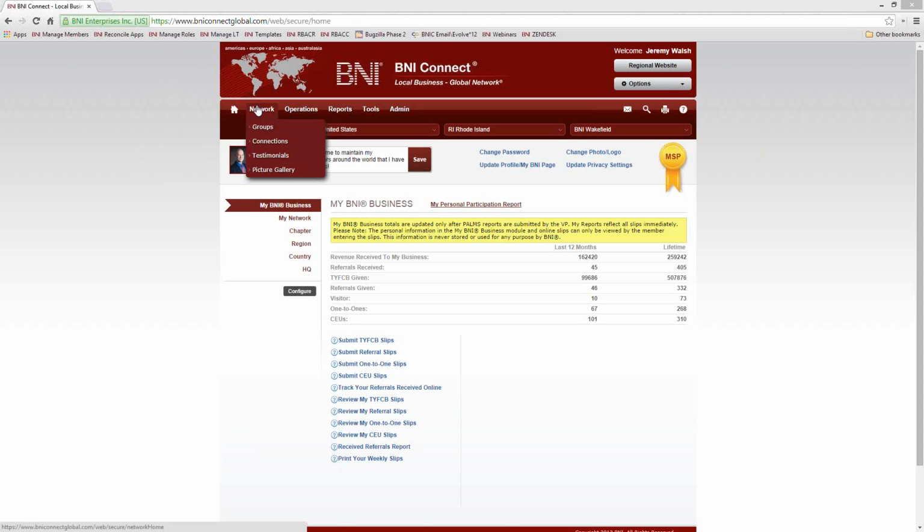Operations is more input and tools, whereas reports is output. So if I want to do something or enter something into BNI Connect, I'm going to go to operations. If I want to get statistics or data or lists back out, I'm generally going to go to reports. Now let's go to operations quickly and take a look at a couple of things here. So if I go to operations chapter,